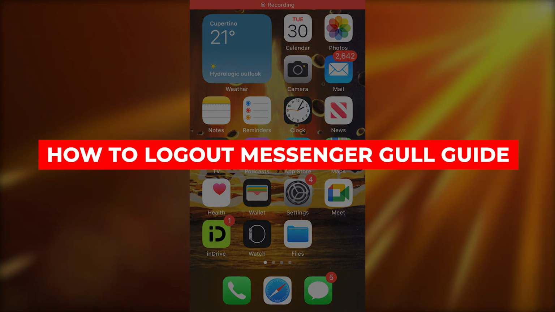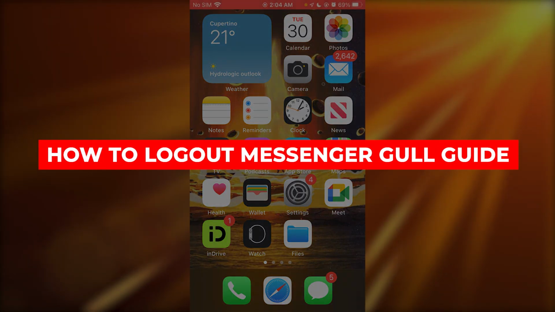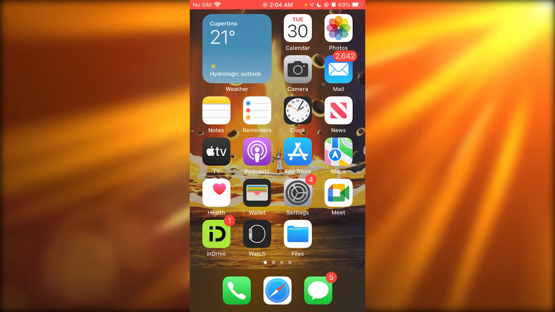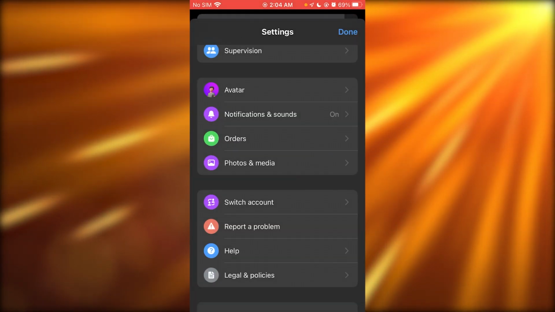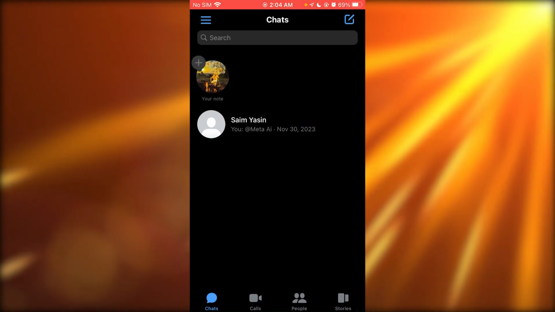How to log out of Messenger, sign out of Facebook Messenger. So if you want to quickly go ahead and log out of your Facebook Messenger, here's what you're going to do. So you're going to open up your Messenger, and once you're over here,